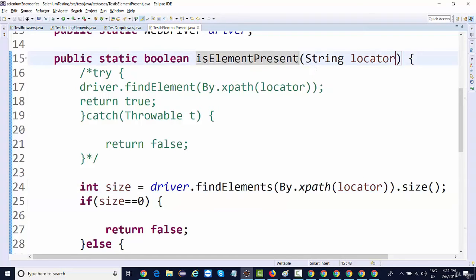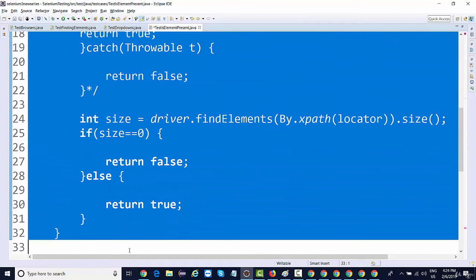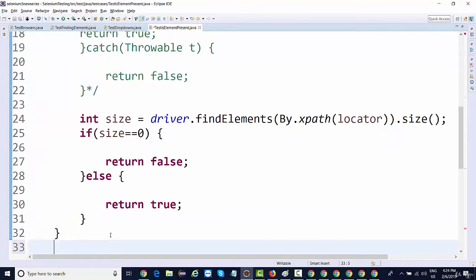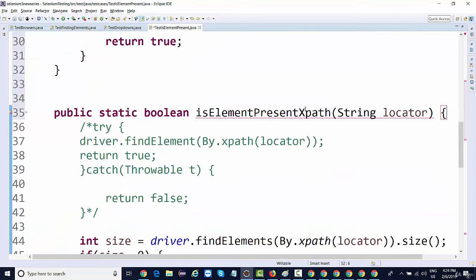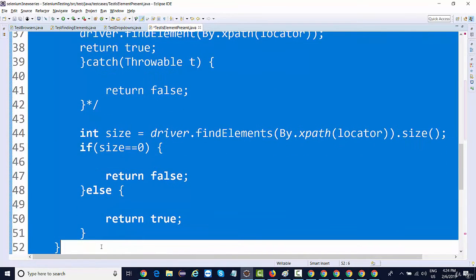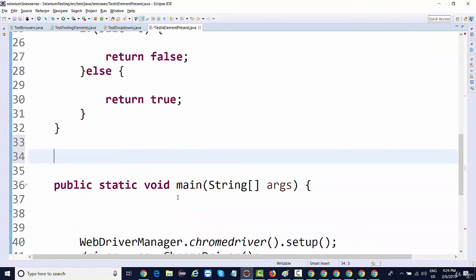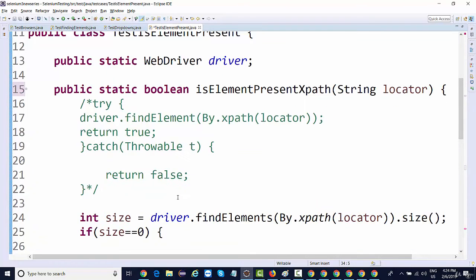So if I make it specific to XPath, next time I want to search with CSS, then I'll create another method, isElementPresentCSS. Then isElementPresentID. For all 8 locators, I'll be creating 8 different methods. So is there any optimized way of doing it? Instead of creating 8 methods, can I handle all these things in one single method?